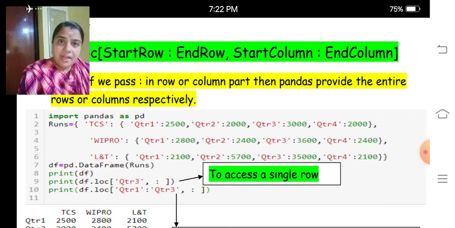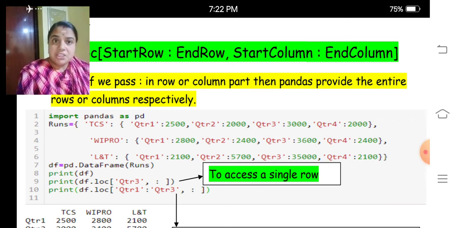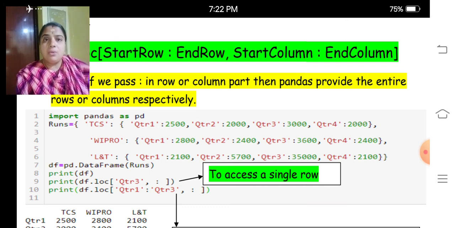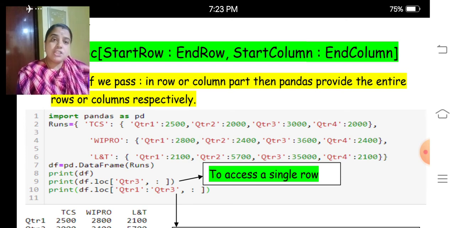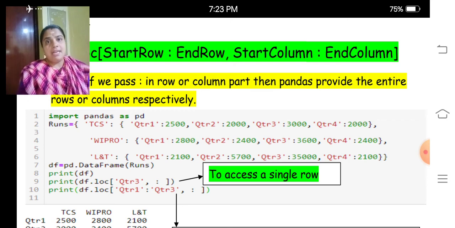And according to that, the inner dictionary has the keys QTR1, QTR2, QTR3 and QTR4. Similarly Wipro and LNT. We are creating a data frame with a nested dictionary, a dictionary that contains another dictionary as values.